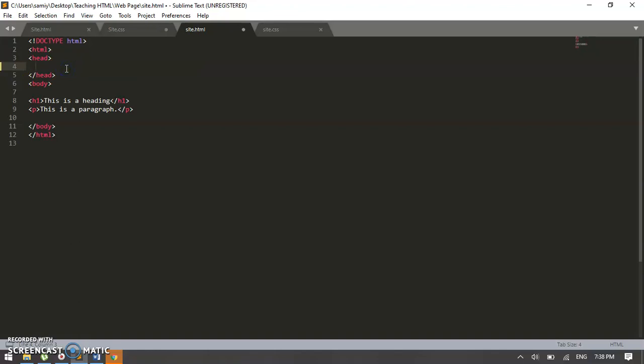Let me show you how to add this. In the head element, we're going to add the link tag, and then we're going to add an attribute that tells us that this is a stylesheet for our HTML page. And then we're going to add the href attribute for linking to that page that we have just created. Its name is site.css. And now